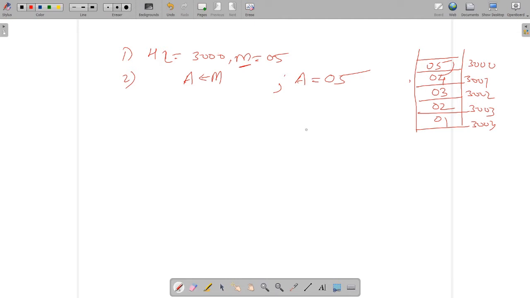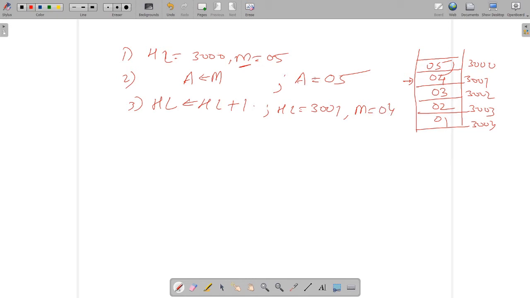To take the second operand, you can increase the HL pair address. When you increase the HL pair address, HL will have 3001, which means control shifts to the next location. When HL has 3001, memory will have the data 04.